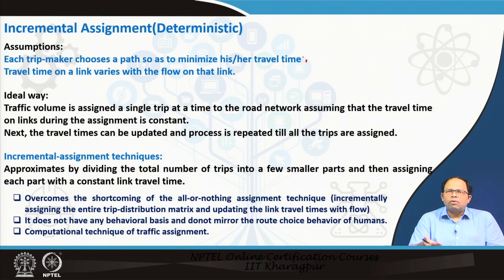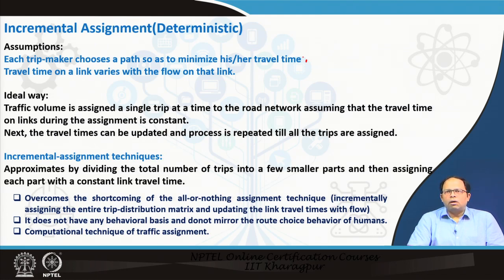So in that way, but at one point you will see some links will exceed capacity, then the traffic volume starts to increase, and then what happens, the impedance increases and the shortest path may change. So if the shortest path changes, that means the entire traffic volume would be loaded into another particular link. So that is what actually helps us to determine how traffic volume would be divided among different paths or links. So that is the ideal way, but actually it is not possible,